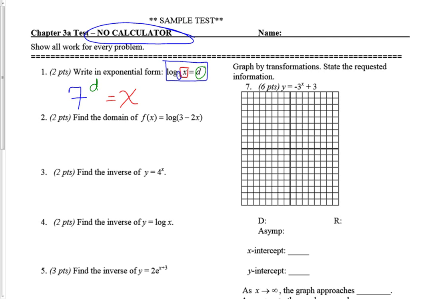All right, number 2 asks you to find the domain of f of x equals log of 3 minus 2x. So the base of this logarithm is 10, but that doesn't really matter. What really matters is we can't take the log of a negative number. So whatever is inside of our logarithm is going to have to be greater than 0. I can solve this equation. I would just move the 2x to the right side. Then I would divide both sides by 2, and I'd have 3 halves is greater than x,